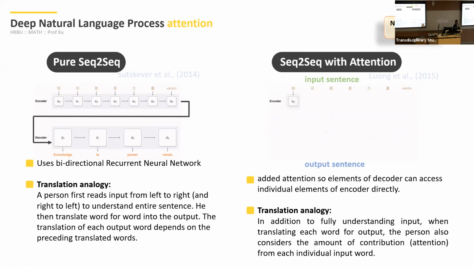And because every single word in the encoder will have a different contribution to the words that you want to translate, by calculating accurately the amount of contribution from the words in the encoder, you are actually going to get a very robust translation, okay? And the amount of contribution,